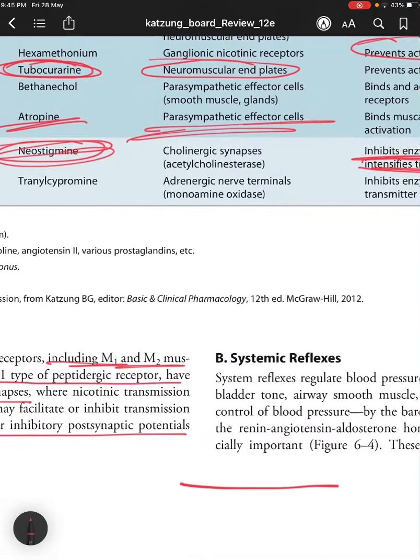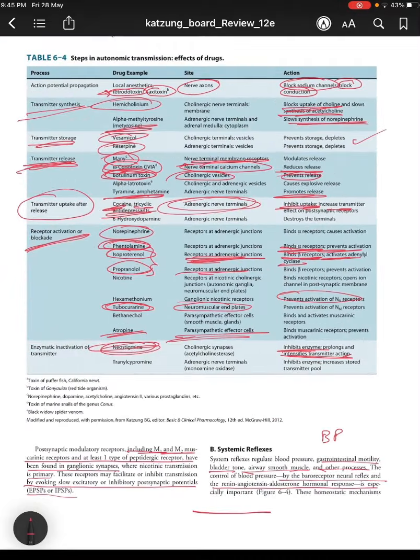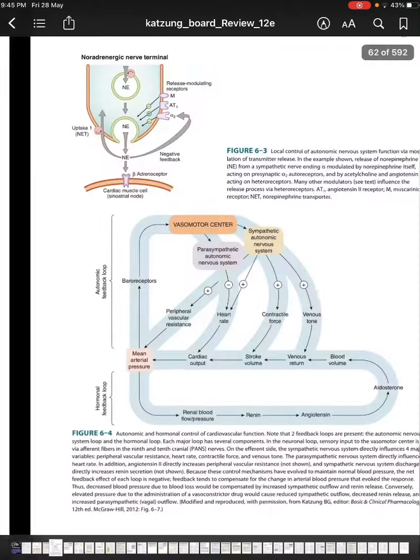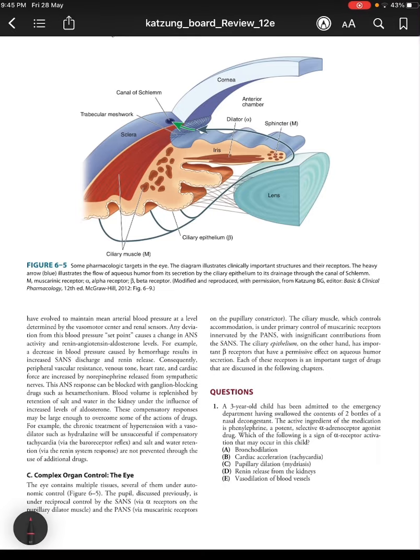Coming to systemic reflexes, systemic reflexes regulate blood pressure, gastrointestinal motility, bladder tone, airway smooth muscle, and other processes. The control of blood pressure by the baroreceptor neural reflex and the renin-angiotensin hormonal response is especially important. These homeostatic mechanisms have evolved to maintain MAP at a level determined by the vasomotor center and renal sensors. So any deviation from this blood pressure set point causes a change in the ANS activity and renin-angiotensin and aldosterone